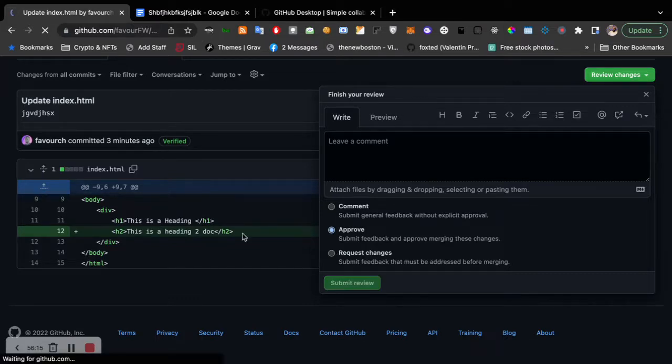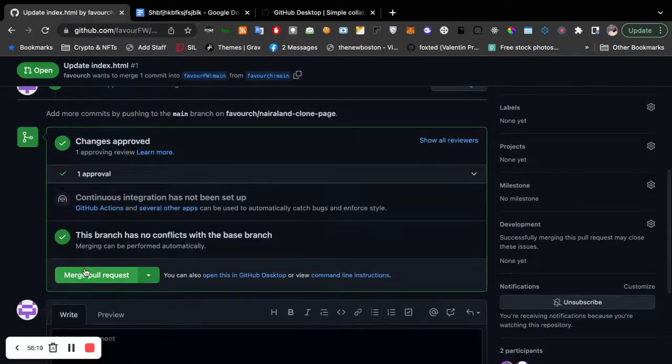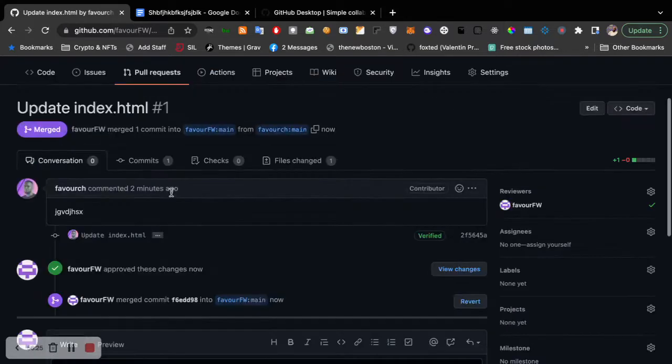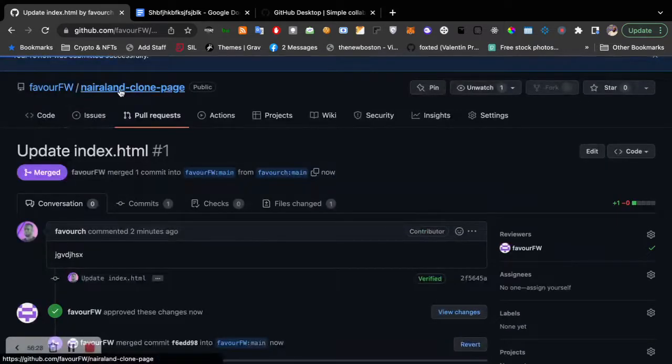Bam. So when that's done, it has been approved. Then I merge the PR, confirm merge. So that's all. So if I should now go back to the initial document,